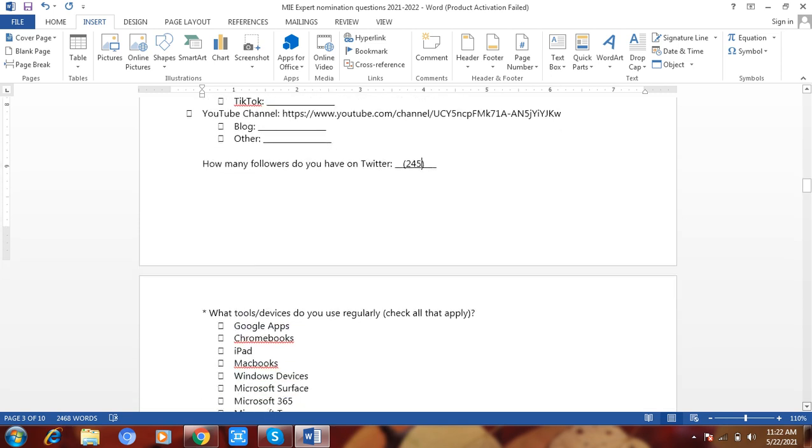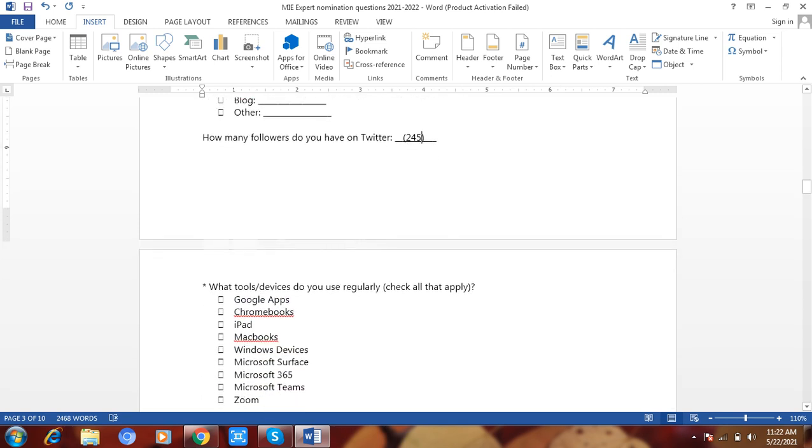If you want to use Zoom, you can, right? You can tick on it. The other question, what tools or devices does your school organization use? Check all that apply, whichever apply.